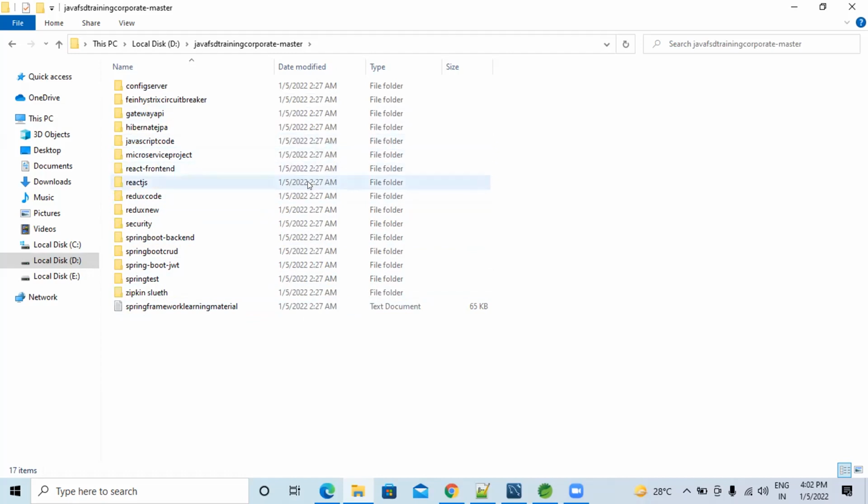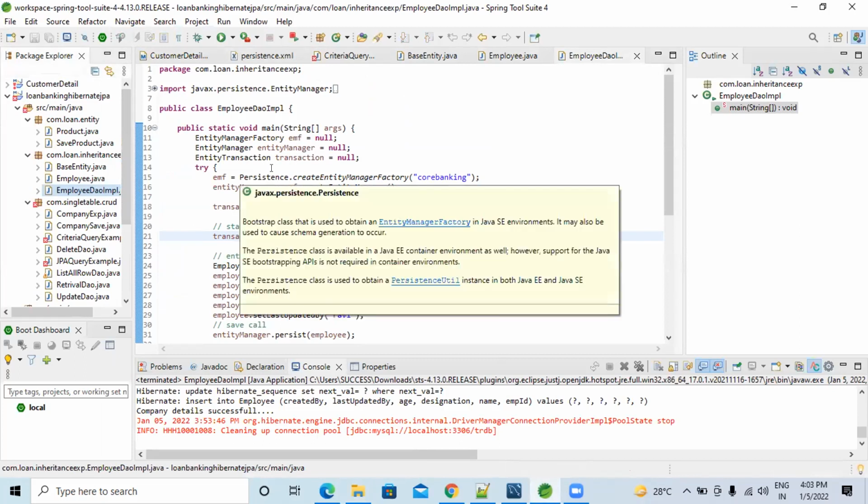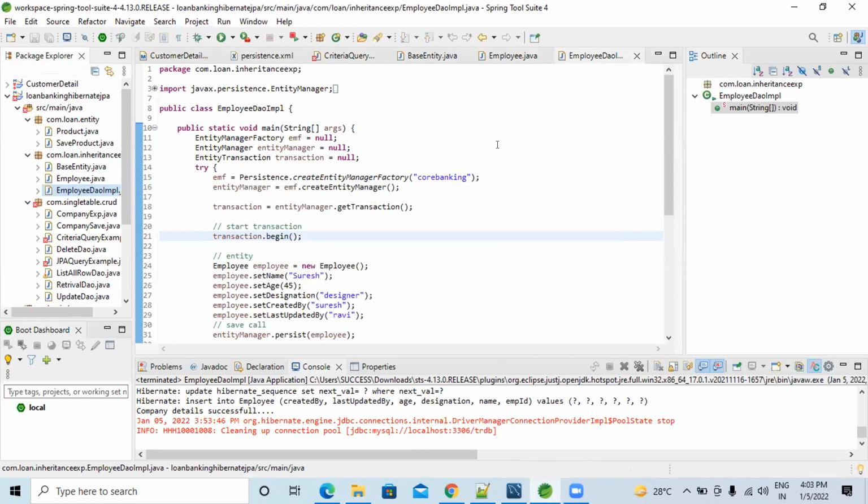Go to your STS. Loan banking Hibernate JPA. You are using the same project name, right? Yes, sir. So in this scenario, which workspace are you in?